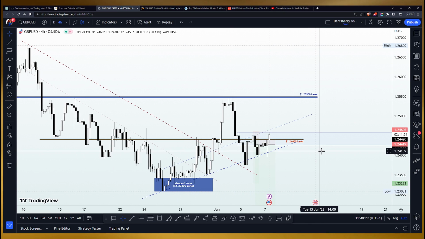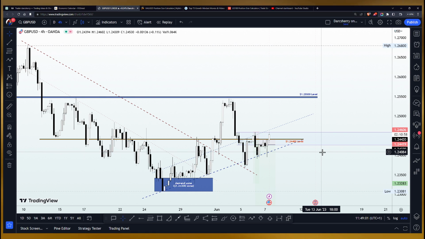On the GBPUSD, structures are screaming bullish right now. So we have no other choice than to look out for buying opportunities as long as price action remains above our key level situated at the 1.2440 level. Now, in as much as we're looking out for buying opportunities, no matter how promising the structure is, we also want to consider the potential the sellers have, so that we can be as balanced as possible to take advantage of any opportunity here.